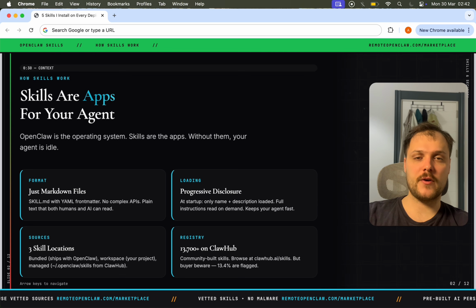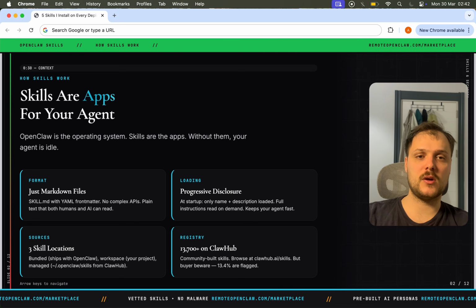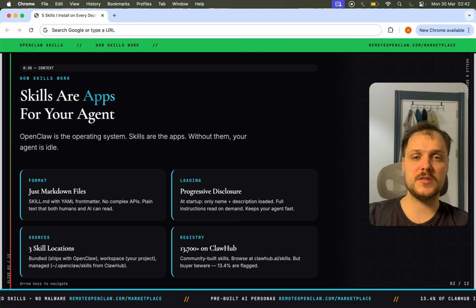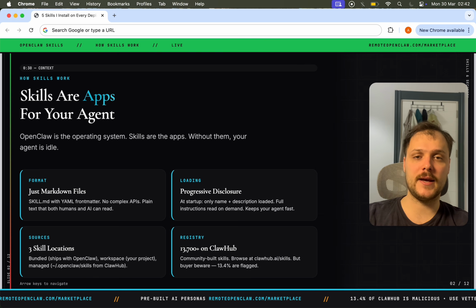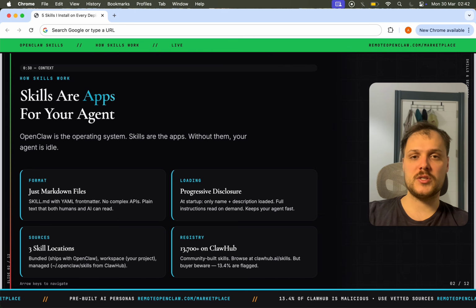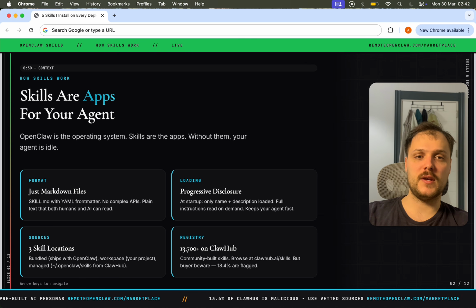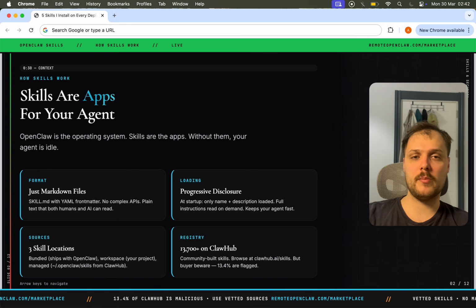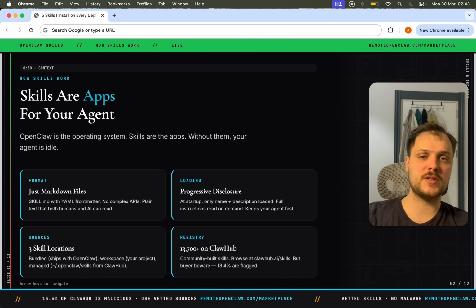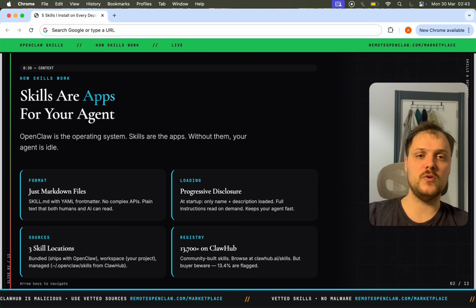Quick context for everyone new. Just think of OpenClaw as an operating system and skills as apps. So without skills, your agent can talk, but it can't do anything. A skill is just a markdown file with a YAML front matter. There's no complex APIs, there's no heavy frameworks, it's just plain text that both you and the AI can read,